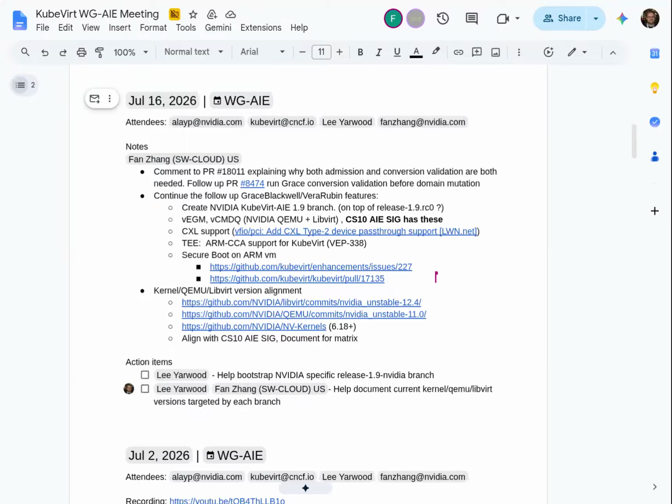It does depend on a firmware auto selection feature that's also landed as alpha. That did actually land as alpha in 1.9. So we'd need those two things. We should be able to backport this to your branch. I'm not sure it's something that we're going to use for 1.9 because it does include admission webhook changes. And our target again for 1.9, as it was for 1.8, is to produce a minimal fork.